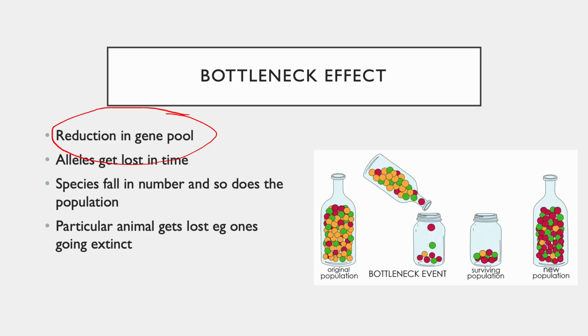So this is a very common diagram which is found in most of the books, most of the online research videos. If you see, the first bottle has a lot of yellow, green and red, but in the last one, where the population is created, you see there is a lot of red. So the actual gene pool has reduced. And why does it get reduced? A bottleneck event that occurs, or a particular event, has suddenly led to the loss of a particular kind